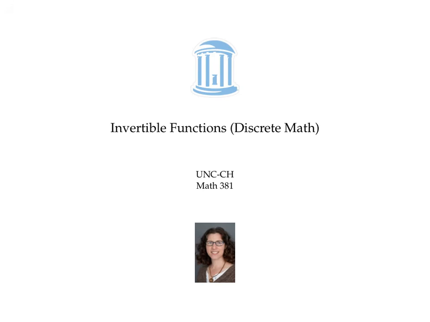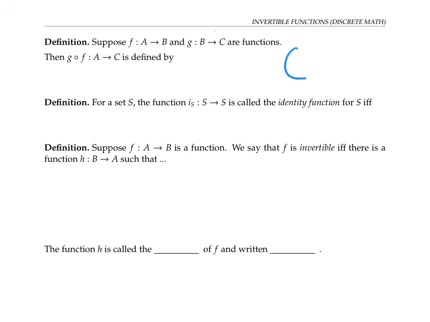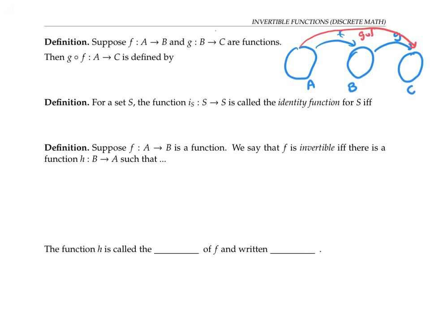This video is about invertible functions. Suppose we have a function f from a set A to a set B, and a function g from the set B to the set C. Then g composed with f from the set A to the set C is defined by saying that g composed with f of little a is equal to g evaluated on f of a for any little a in the set